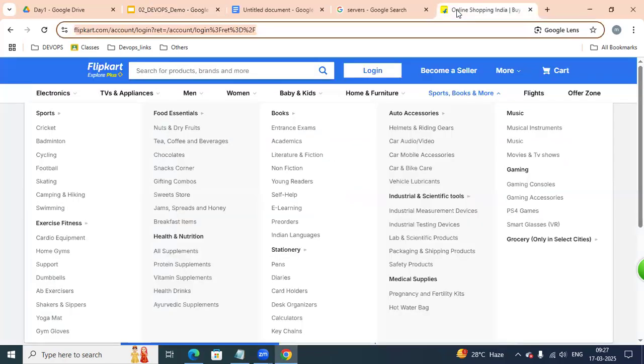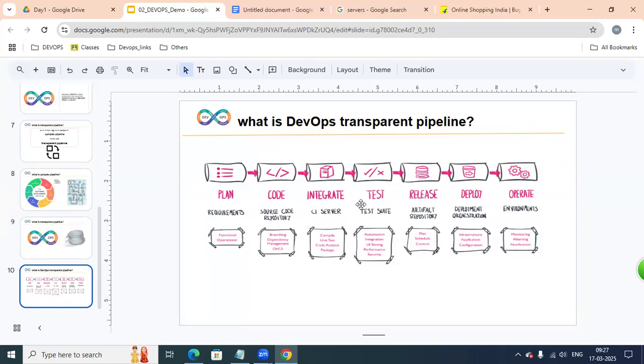Whether it is working or not, we monitor and maintain it. This entire process, what do you call it? Software development lifecycle. But for implementing this DevOps transparent pipeline, we are going to use a tool stack.